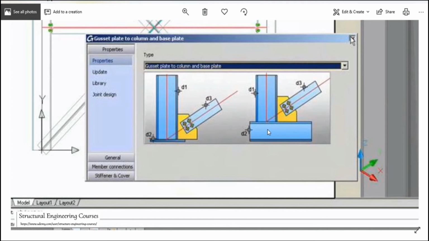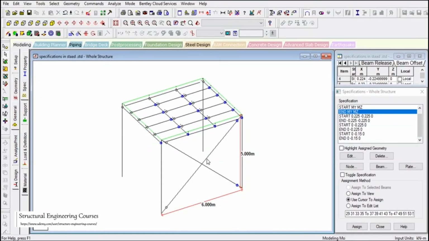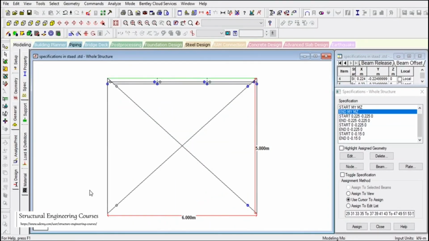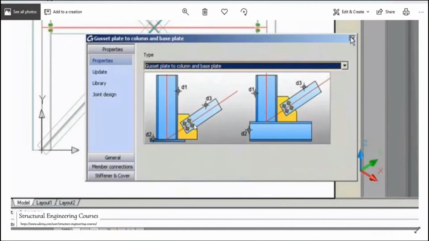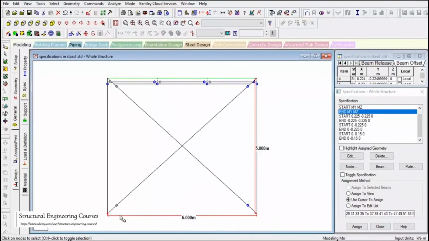So as I told you earlier also, we need to bridge the gap between physical models and analytical models. So we need to make sure that in fabrication drawings, or on the site, the center line of the structural steel member shall be on the center line of this column only. So if we are talking about our structure, in the bottom we can see that the center lines of both members are coinciding on this particular joint. So we can say that this detail is being correctly followed here.